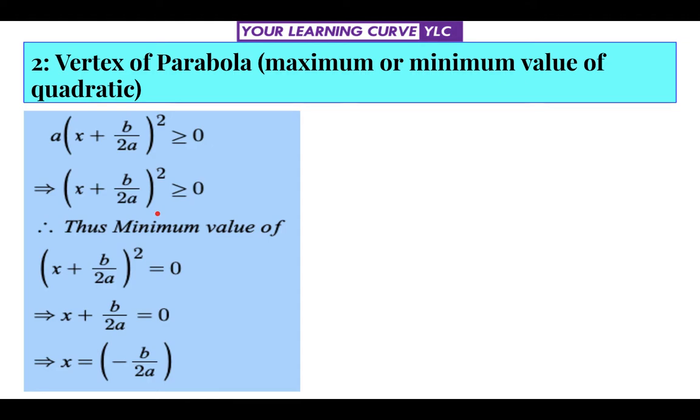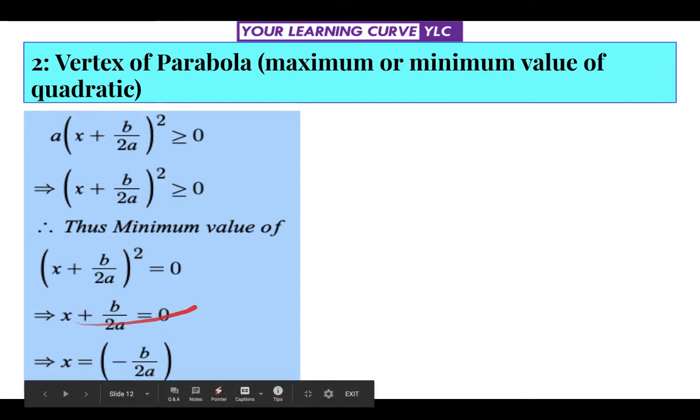So what is the minimum value? Minimum value is 0 itself. This is equal to 0. This is the minimum value of the function. So this is a square. We take root on both sides. Root 0 is 0. We get x + b/2a is equal to 0, or x is equal to